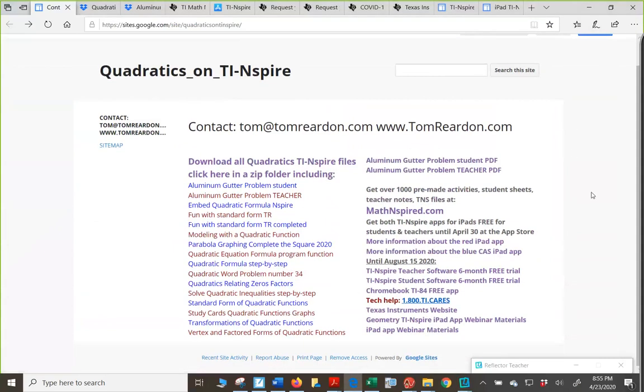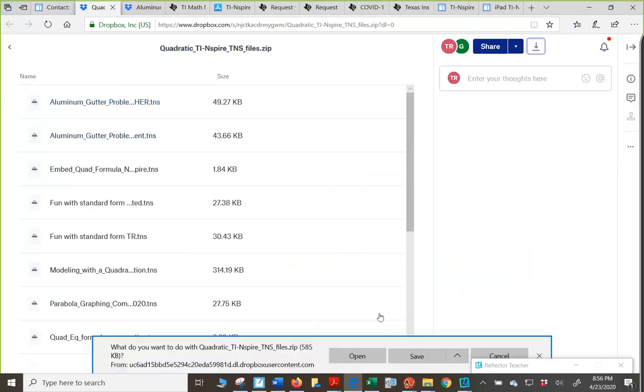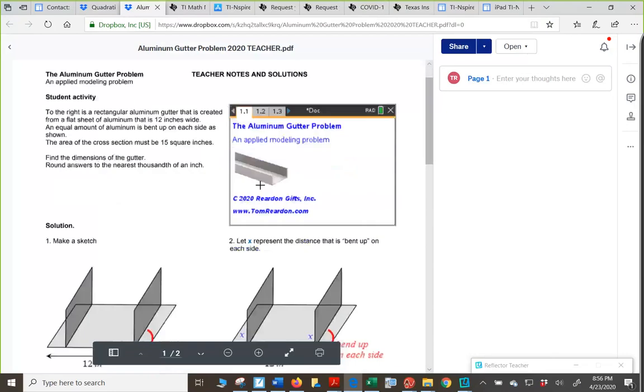So anything bold is a link. So if you click on the first link, all of these files are in there as TNS files. All in there is one zip folder. So when you click there, it'll take you to this here. And what you need to do is download this and unzip it. So click on there, download it, unzip it, you've got it. Don't open it. You can't open it. You have to save it and then unzip it. But all of them are there. They're all yours. Okay. The aluminum gutter problem, if you would want to get the teacher notes and solutions, there's